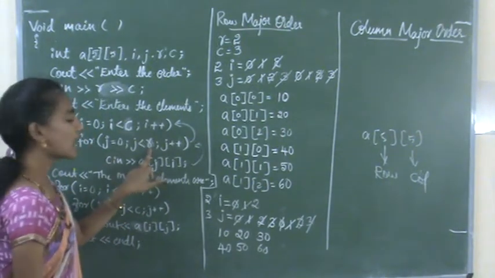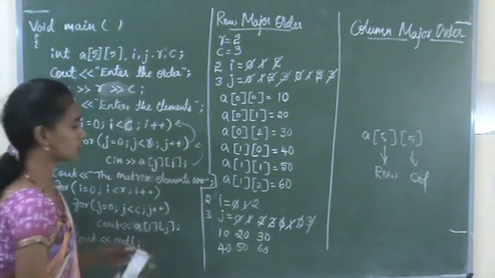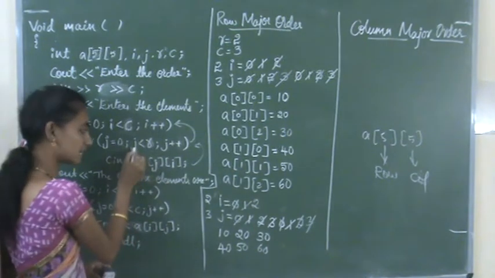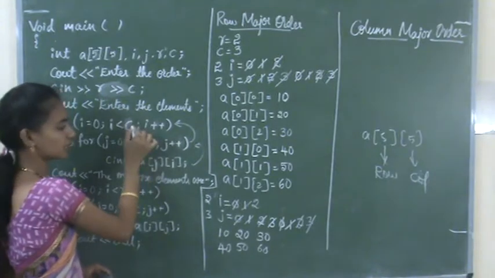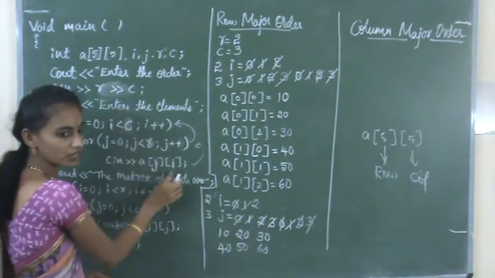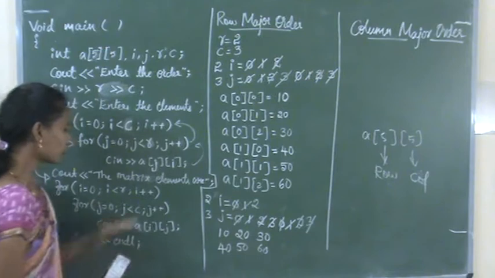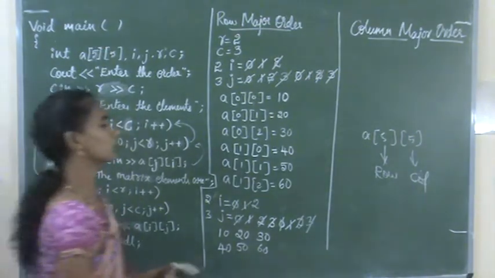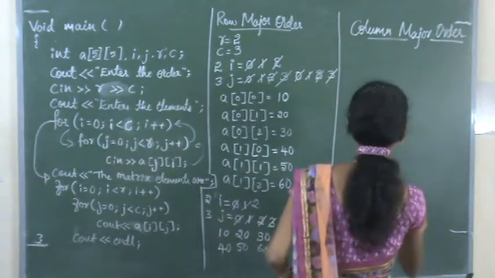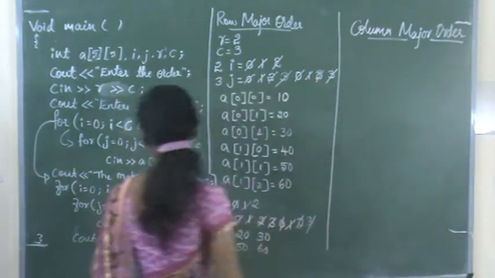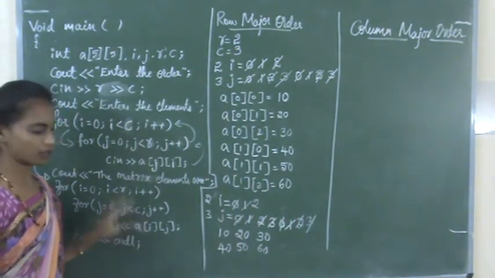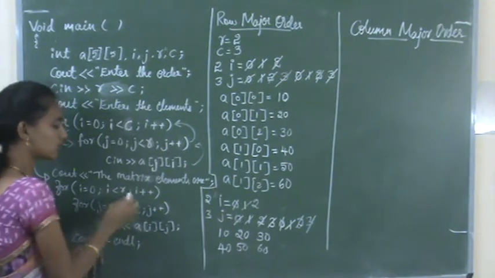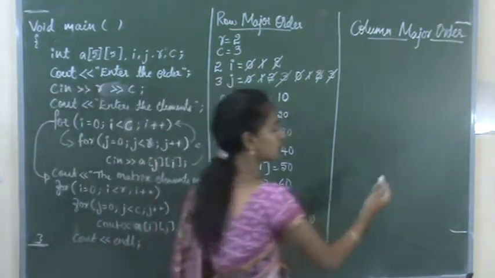So for this I am interchanging the variables. So first it has to read the j value and then the I value. So this is rows, this is columns, right? So that's why I interchange the index also. For printing those values, we are using the same code, because if we interchange these columns and rows condition, that matrix becomes reversed.